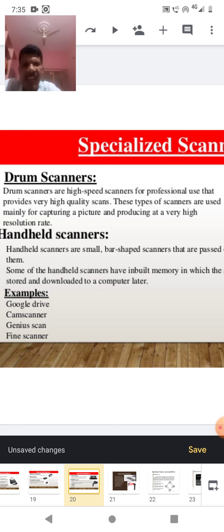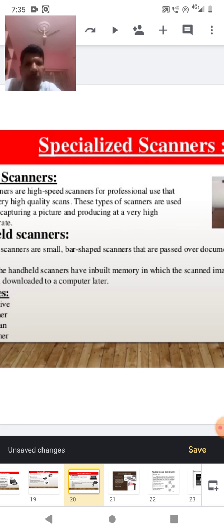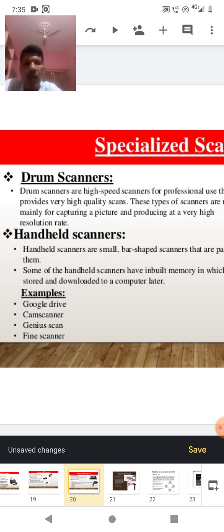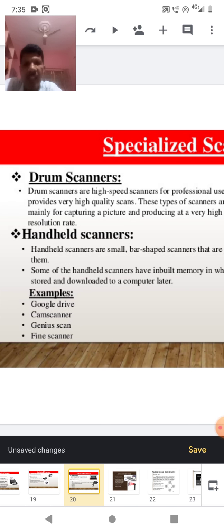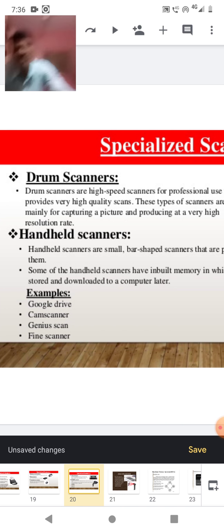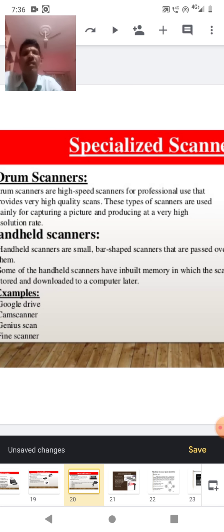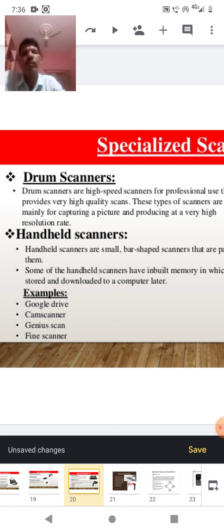Some of the handheld scanners have inbuilt memory in which the scanned image can be stored and downloaded to a computer or laptop. When there is free time, it is loaded into the computer.